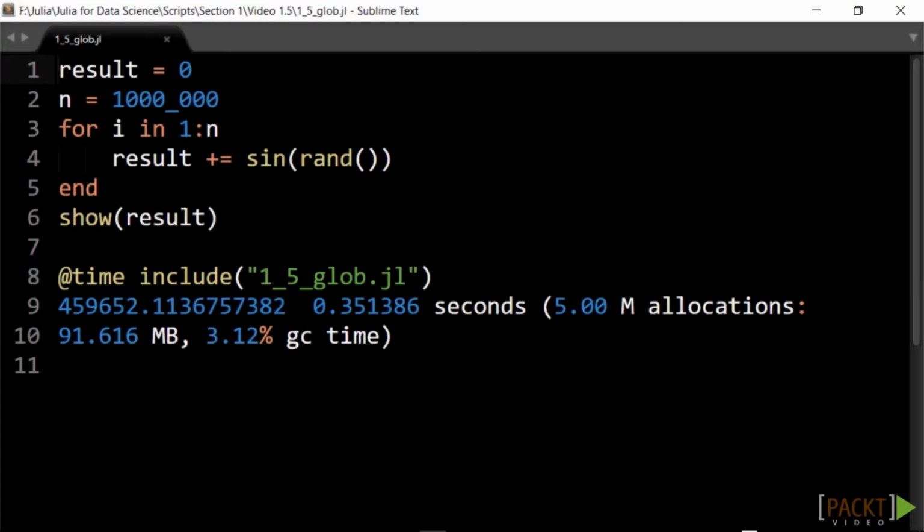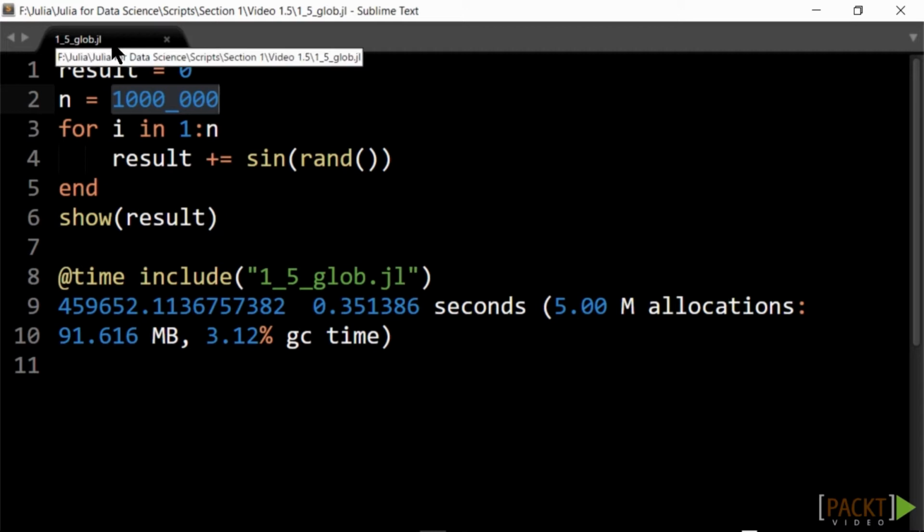Let us now investigate the performance of code and functions. We take a random number and its sign value, sum it to a result value, and execute this 1,000,000 times. The underscore is used here as a separator. To simplify this, we will put the code in files. First, the code that does not use a function in file 15glob.jl. We can execute this file in the REPL by typing